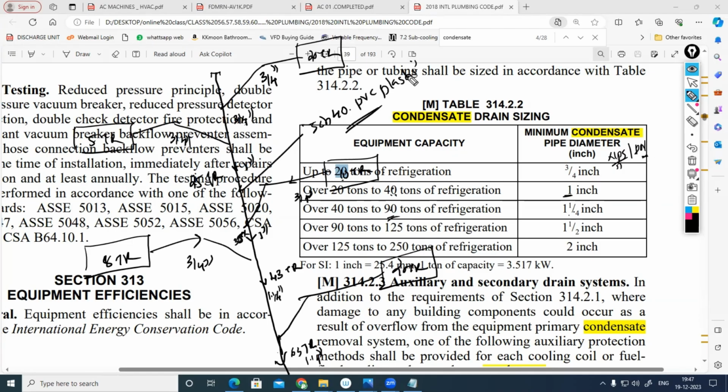All these pipe materials are permissible, but the most common material that we are using is UPVC, PVC, UPVC and HDPE. If the condition